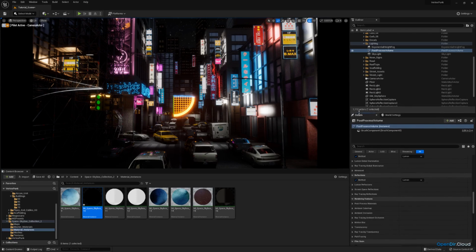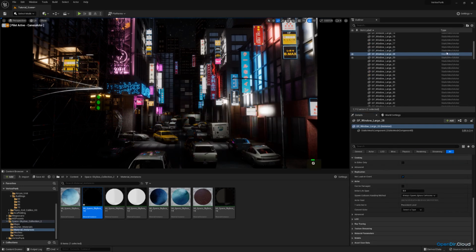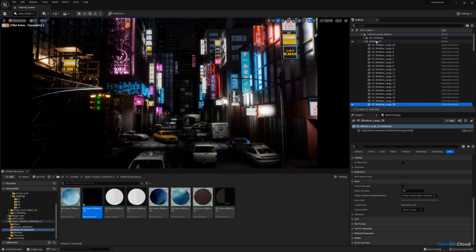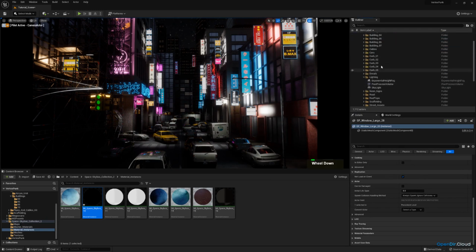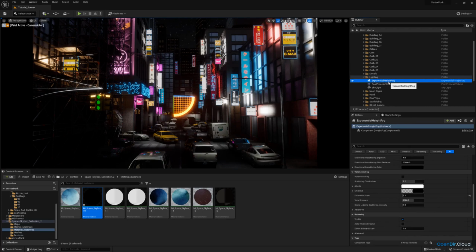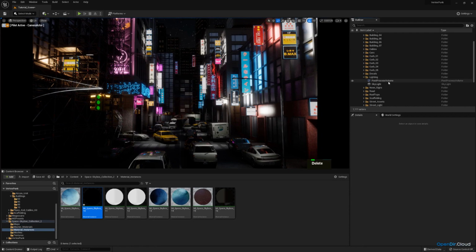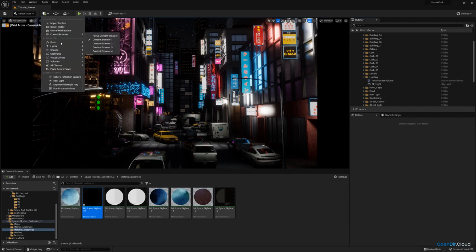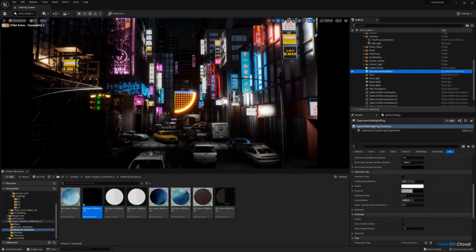Okay, now one that you probably have been waiting for, and that is the volumetric fog. The volumetric fog is always a little bit iffy, but we can see if we can make it work well. So in your lighting, you will have your exponential height fog over here. I'm just going to delete that because I want to have a fresh start. And your exponential height fog is your volumetric fog. So if you go down here to add an object, visual effects, and add an exponential height fog, like this,